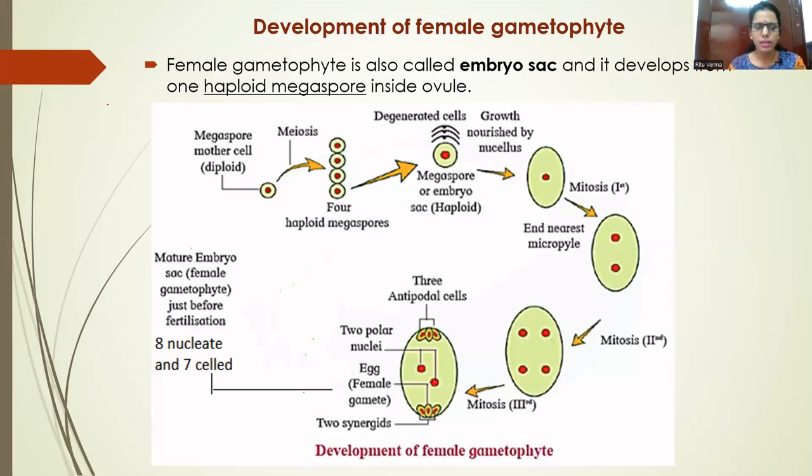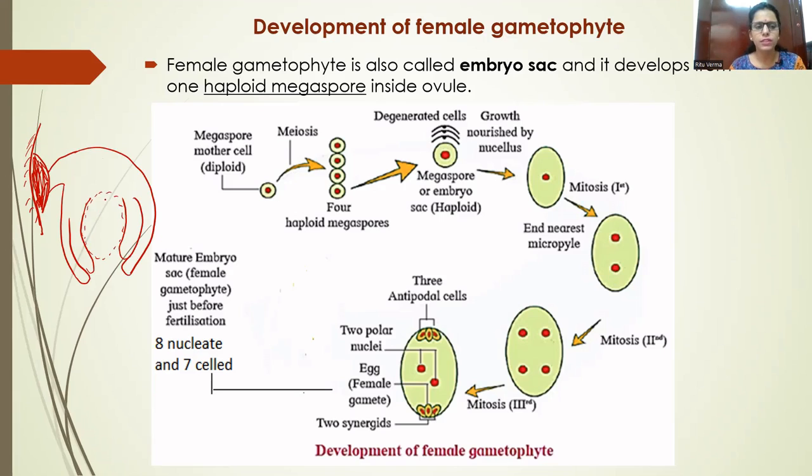Now, for example, if this is the ovary wall, and there is a tissue called placenta. We know that the ovule is attached to the ovary wall with the help of the placenta tissue, and from this placenta tissue arises the ovule. First comes the stalk of the ovule, and after this comes the body of the ovule. When we look at the body of the ovule, it has these two integuments, outer and inner integuments, and enclosed within these integuments is the mass of cells